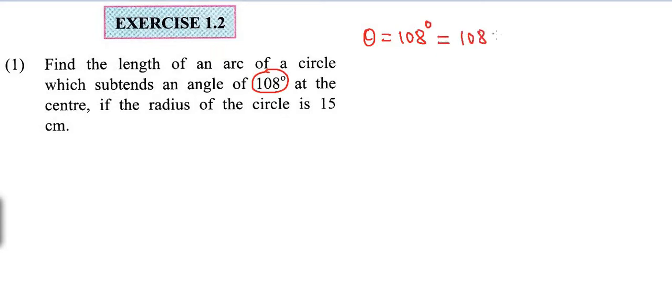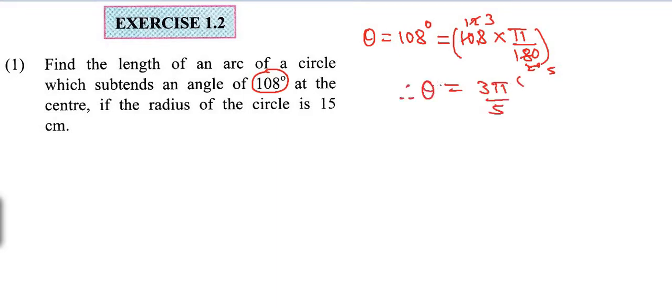Now convert the angle from degree into radian. What we have to do is multiply it by pi by 180. So that is equal to, let us divide by 9 by 9 first. 9 ones are 9, so left with 1, 9 2s are 18, 9 2s are 18. Now further we can divide it by 4, 4 3s are 12 and 4 5s are 20. So this is 3 pi by 5 radian.